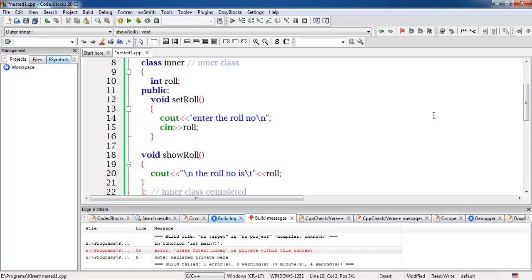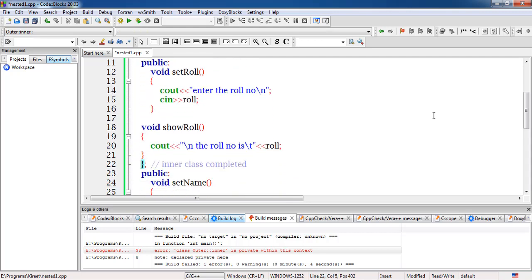Where this inner class is completed, we have to create an object. So I'll just create OI. This OI has been created, and this OI is now treated as an object of this inner class.